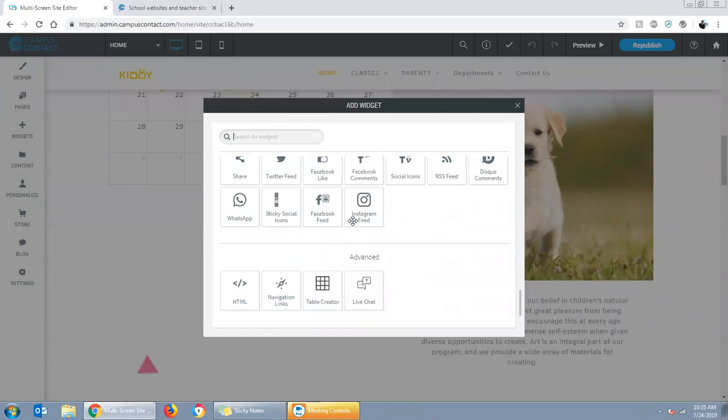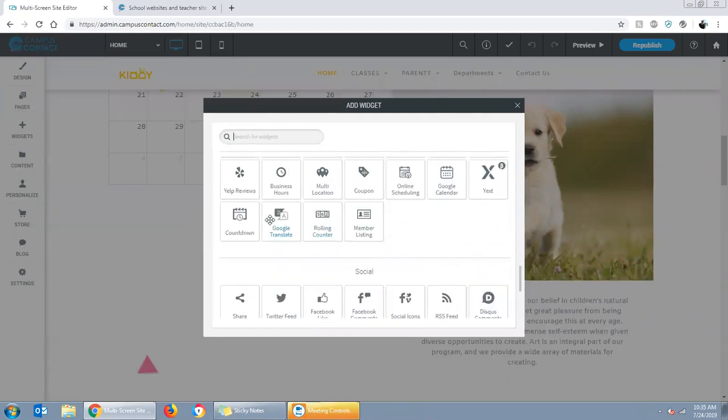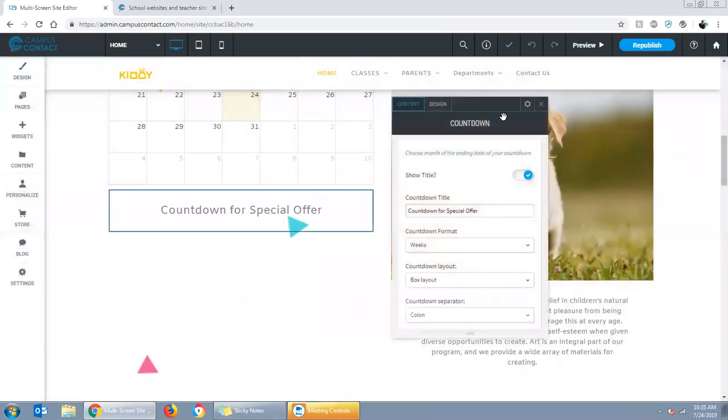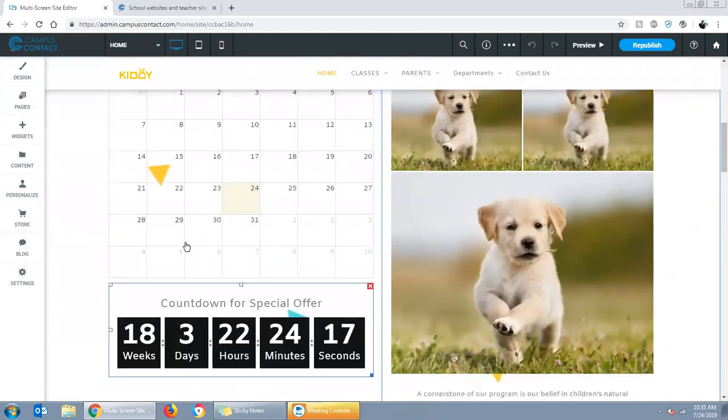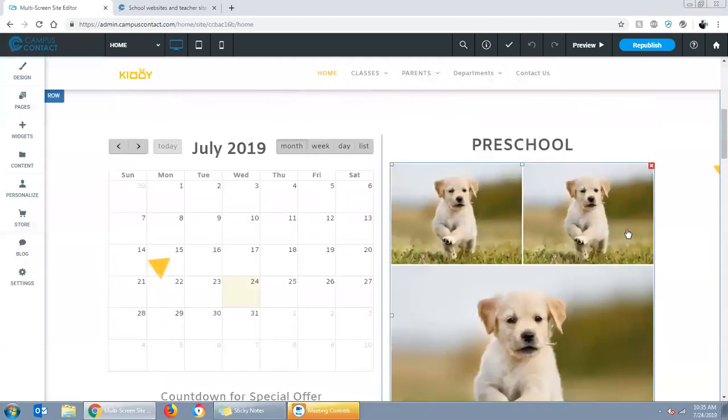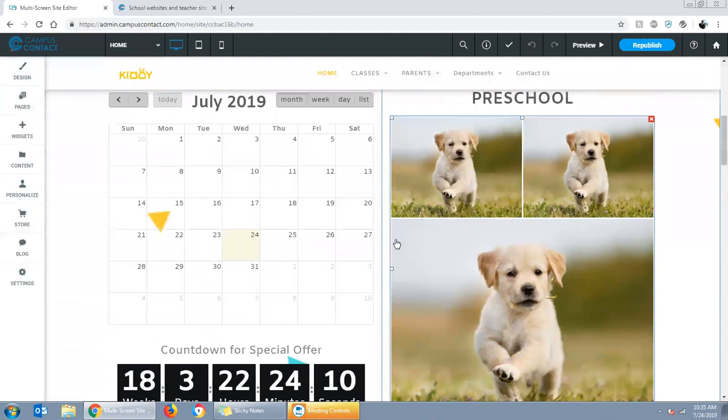And just a quick pop-up, so you can add them that way as well. So we'll just add a countdown, and so there's a sample countdown. So you can add all kinds of stuff to the page. Now what's great about this new system is we can drag and drop things real easily on the page, and